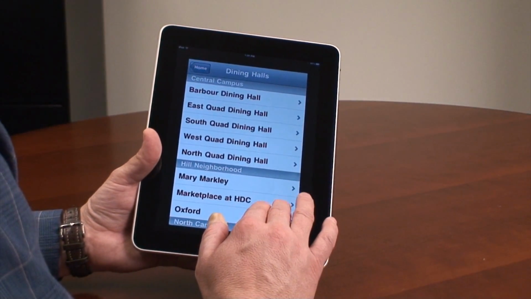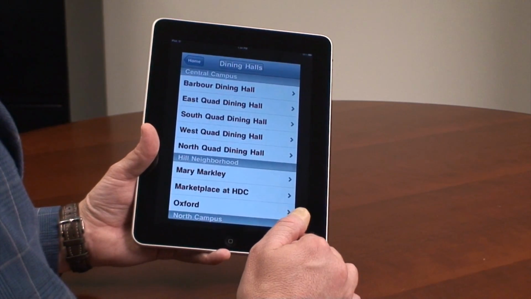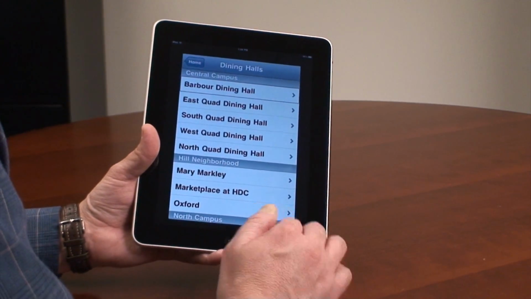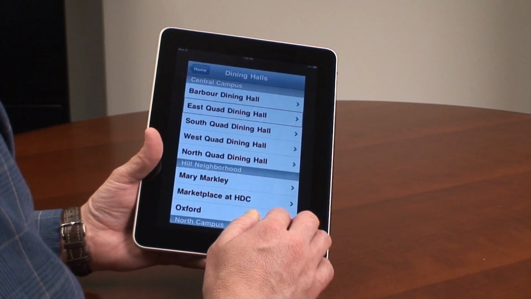Dining halls, home, back button. Home, back button, dining halls, heading, North Central Campus, heading, Barbour Dining Hall, for East Quad today,